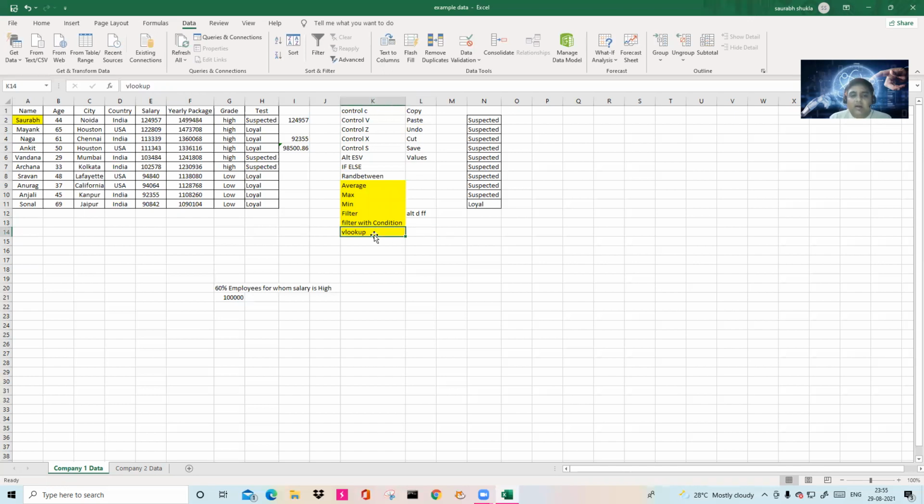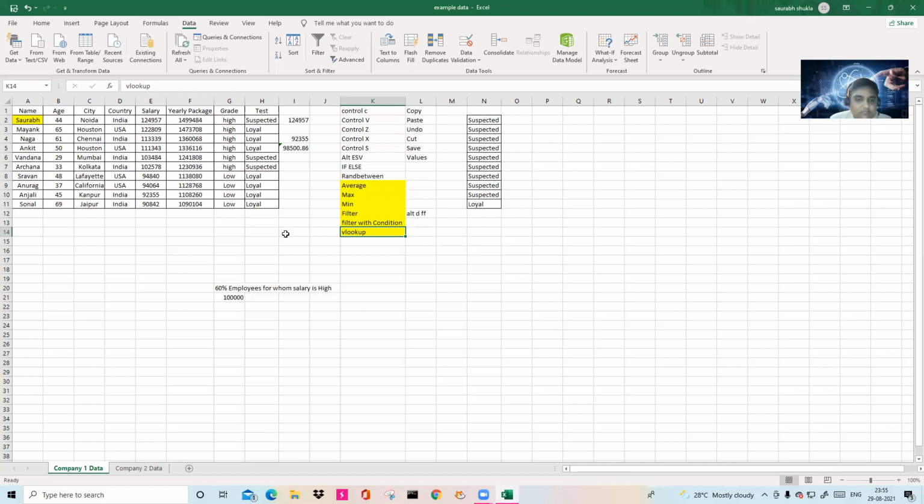VLOOKUP is nothing but the vertical lookup. There are two databases. You will get the data from both databases, but you have to compare. Let's say value 1 is present in one database and value 1 is also present in the second database. How do you know that? If the number of rows is like 10 and 10, you can easily see them manually and work on them. But let's say you have data of like 100,000 rows. You cannot do manual checkups to see whether this particular value V1 is present here and there also. So better you apply this VLOOKUP function.